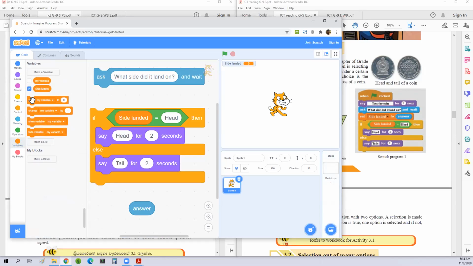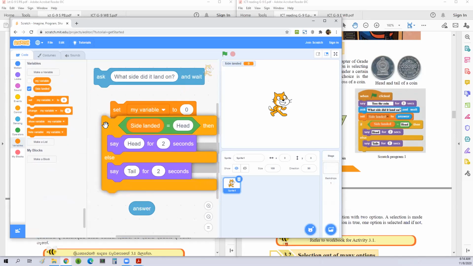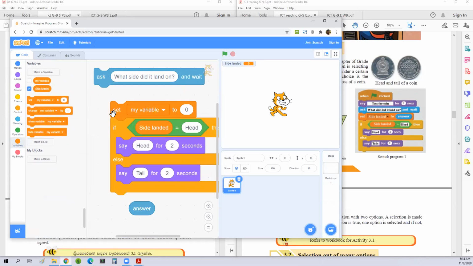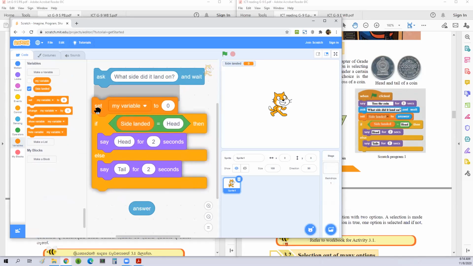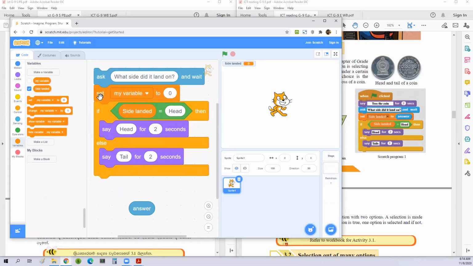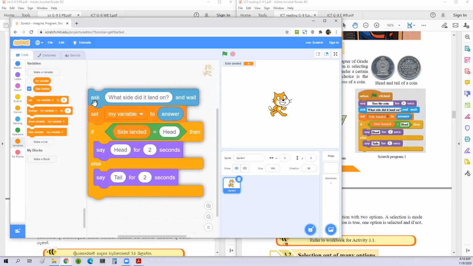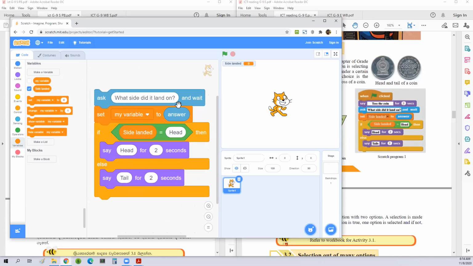So we have to set this. I'm going to do this, set this. Right, I will put answer. Now we have completed from here. What side did it land on? Right. So if I click it, what side did it land on, let me say head. When you say okay, enter, it says,